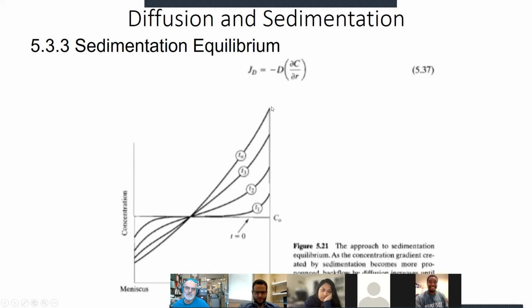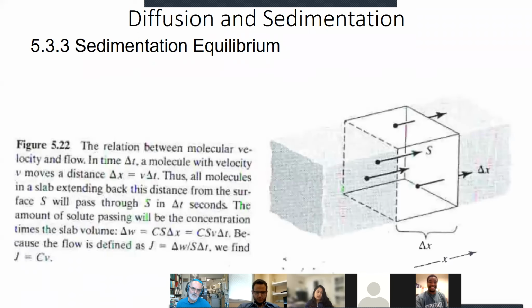This is that chemical potential that reflects a concentration dependence of the solute and the total potential due to the field. This shape is what we would get as we go to sedimentation equilibrium. This is where essentially the flow goes to 0. Okay, so if the flow goes to 0,